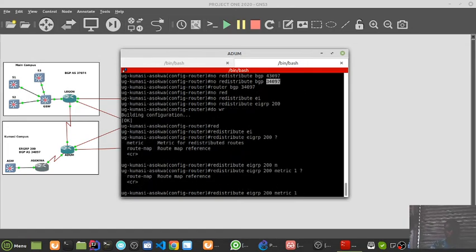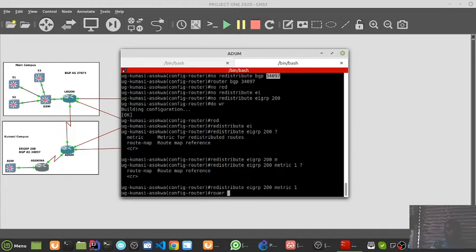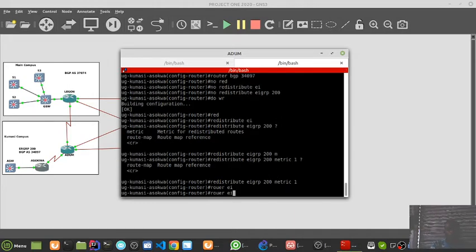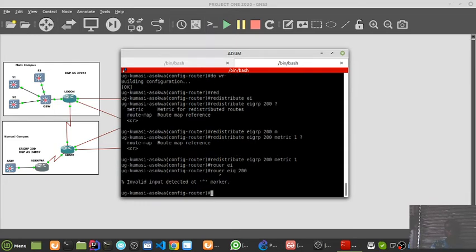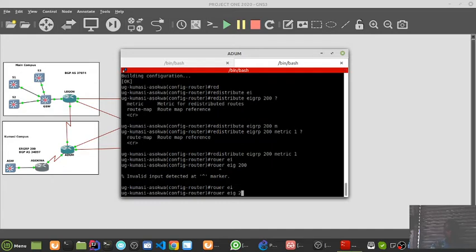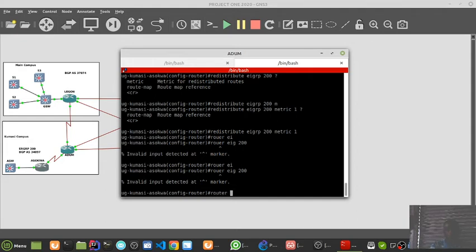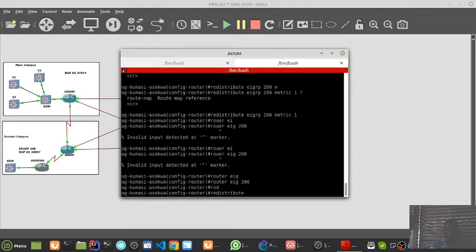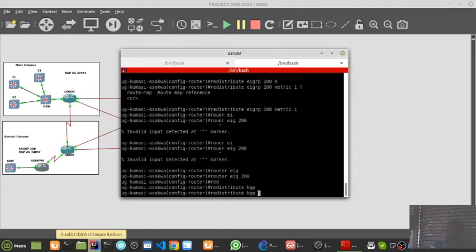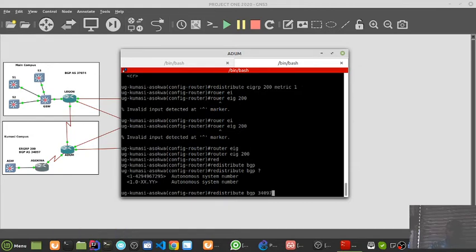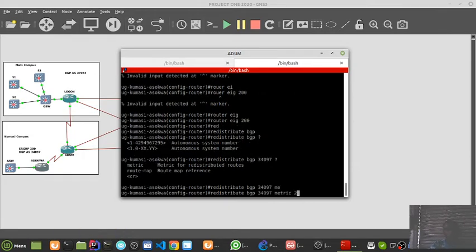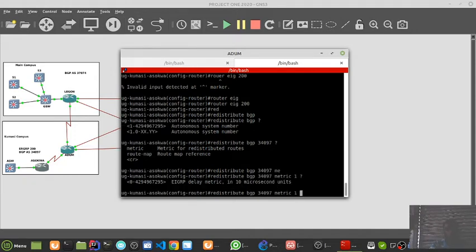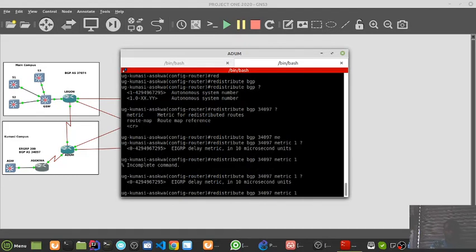Metric is 1. Router EIGRP 200. Redistribute BGP with the autonomous system number of this, with a metric of 1, with EIGRP delay of 100,